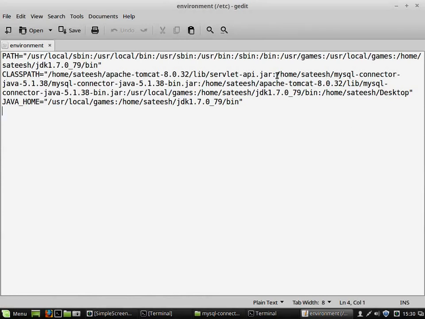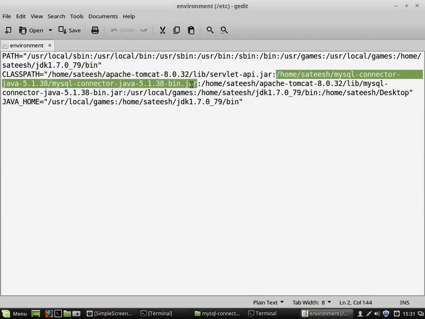In my case, my jar file is available in the home directory. Inside there is a directory called Satish. Inside there is another directory, which is the directory you will get after extracting the files. Up to here we have copied the path. You simply paste this path, and the remaining part is the file name. You have to include the file name also inside the class path.